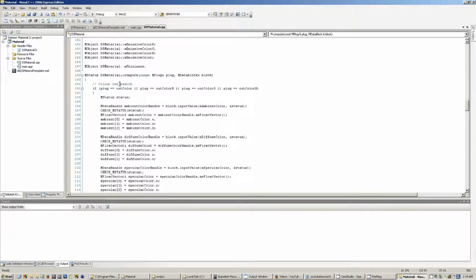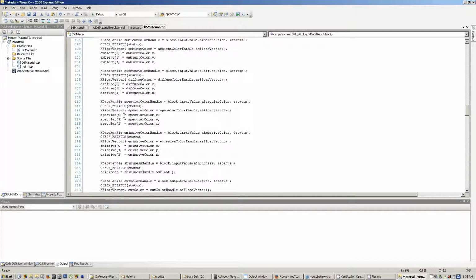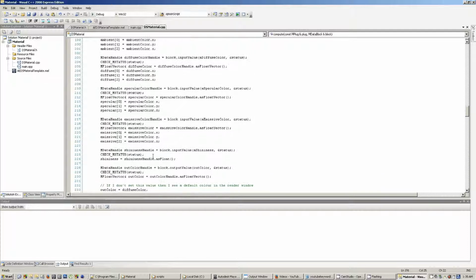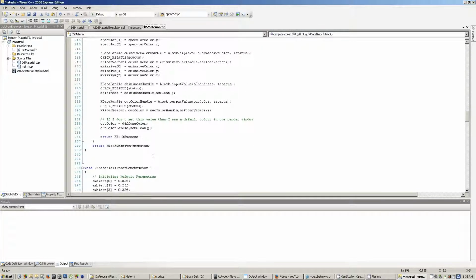So in this case, I specify the color of the default swatch. So I factor in the ambient, the diffuse, and specular, and emissive color, and I do absolutely nothing with it. Mainly because I've seen some plugins that will go through and pretty much apply a Phong shader and render that to a texture every single time you try to change a property in it. And because this was just a very basic template program, I really did not want to go to that much